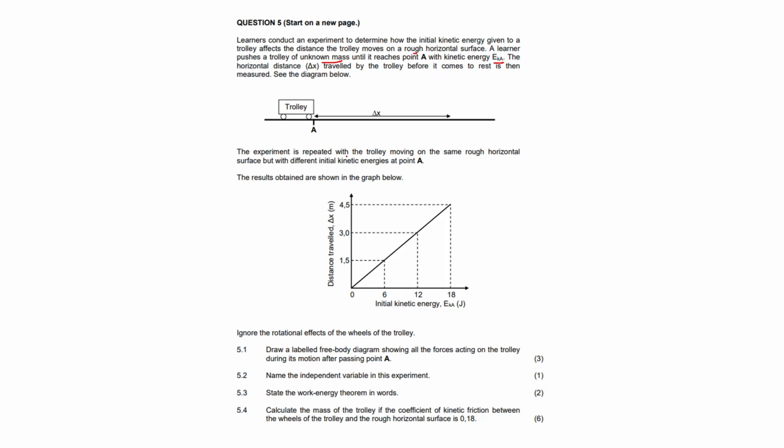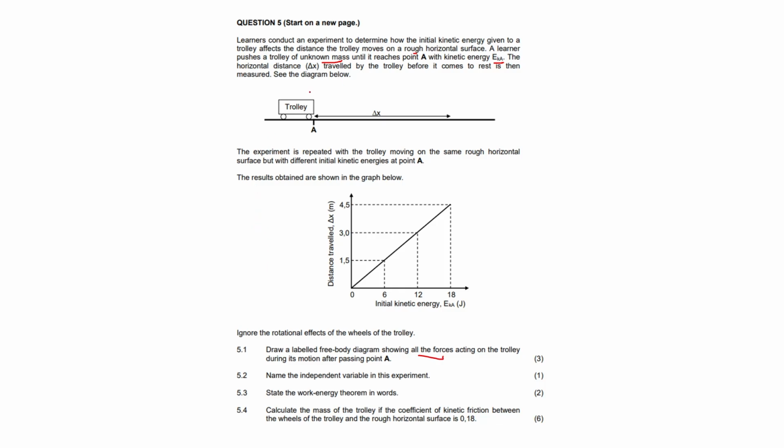The experiment is repeated with the trolley moving on the same rough horizontal surface but with different initial kinetic energies at point A. And they show the difference here. So, with initial kinetic energy of 6, it travels 1.5, 12 at 3, and 18 at 4.5. 5.1. Draw a labeled free body diagram showing all the forces acting on the trolley during its motion after passing